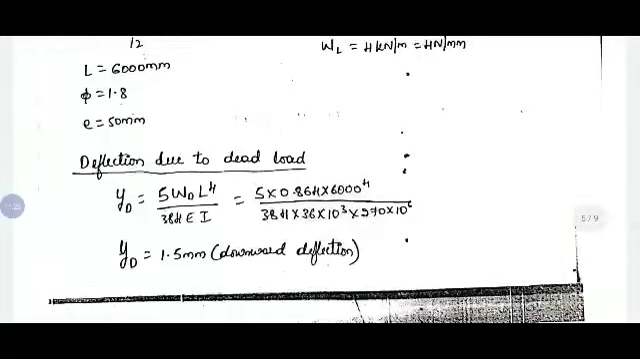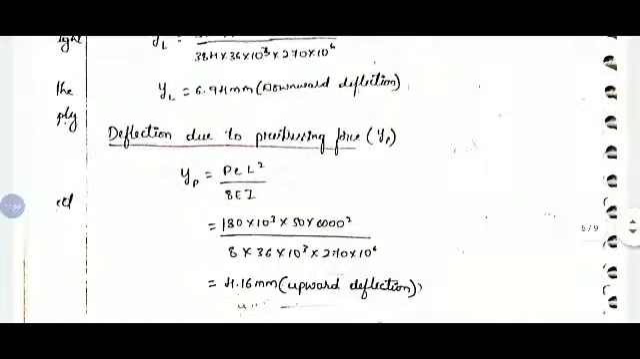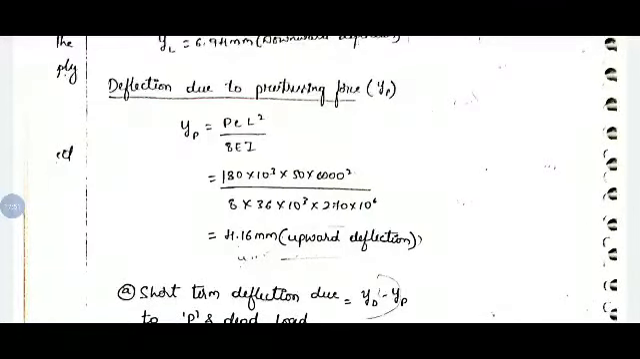Deflection due to dead load, obviously dead load will be UDL, 5 WD L power 4 by 384 EI. Substitute the values, we will get 1.5 downward deflection. Then deflection due to live load, again live load is also UDL in this problem. So 5 WL L power 4 by 384 EI. Substitute the values and simplify, we will get the deflection due to live load. Then deflection due to pre-stressing force,